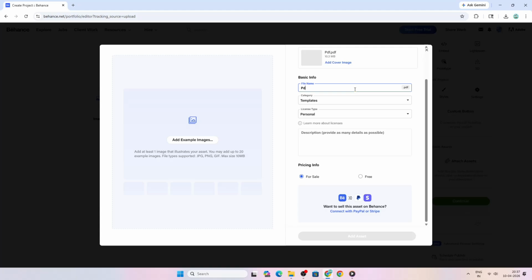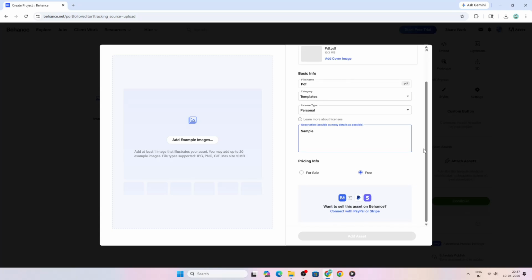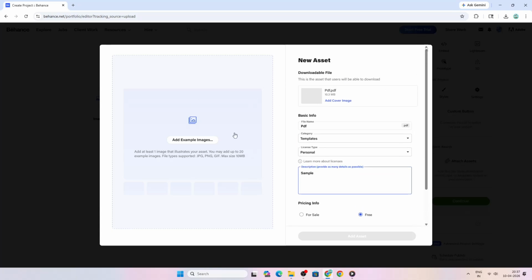Next, set the asset's visibility to public. Public visibility ensures anyone viewing your project can download the PDF without special access. If your goal is broad sharing, recruiters grabbing your resume, or clients, saving a spec sheet, public is the right choice. Your visuals and text remain as they are, and the PDF sits alongside the project as a clearly labeled